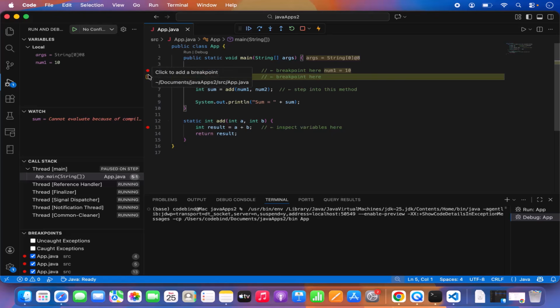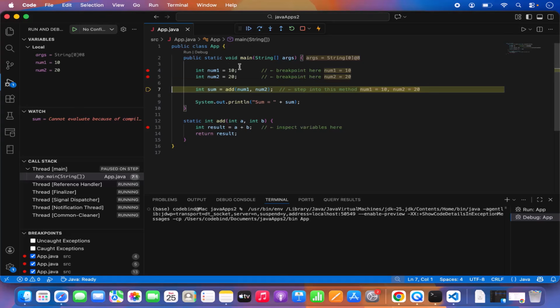So I'm on this next line, and you can see the value of variable num1 is equal to 10. So 10 is assigned to num1, but still the program is on line 5, and this num2 variable is not yet assigned 20, but this can be done when we step over. So this line is executed, and then this number is assigned to num2 here. So at this point, I can also see these variables here also. Visual Studio Code has added those highlights here just to make it clear that num2 is assigned with 20,